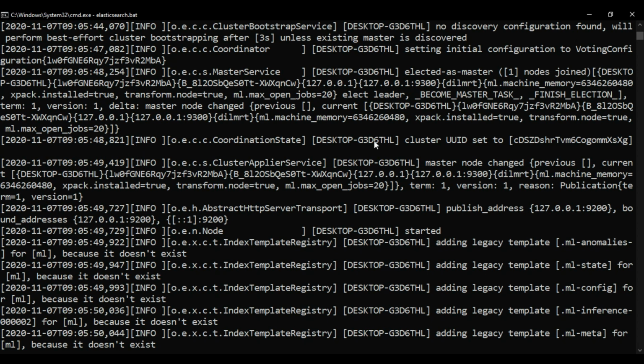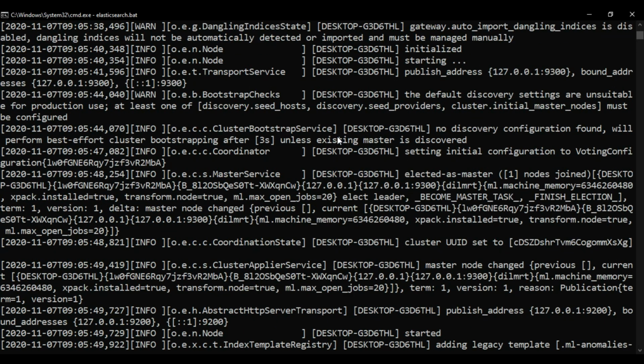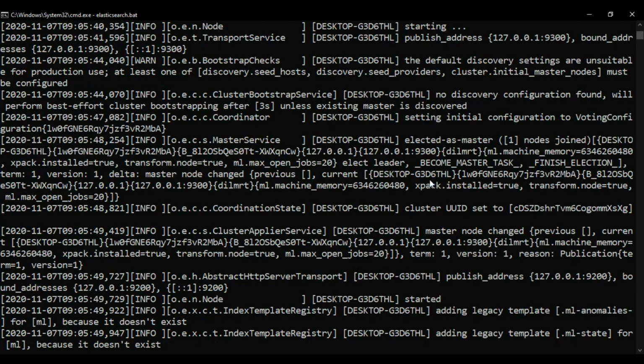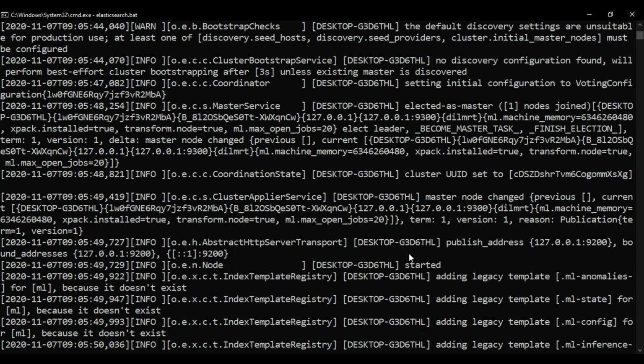It is executing this batch file, and you can see it is giving a started message. This is my desktop name, and it is started on the localhost, on port 9200.